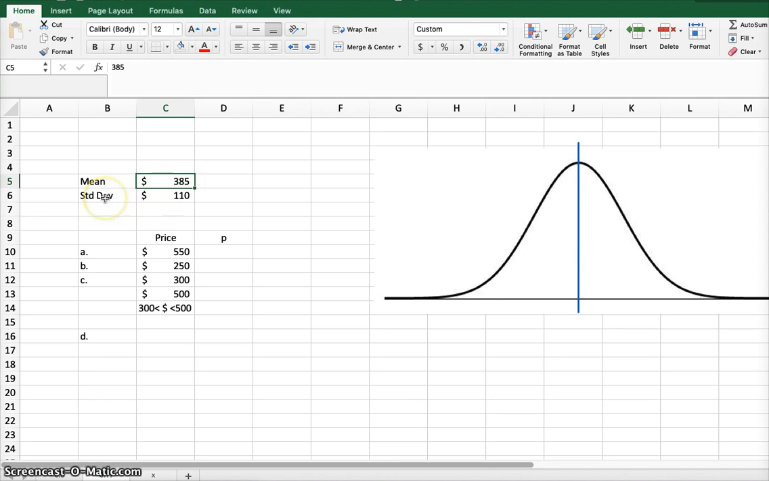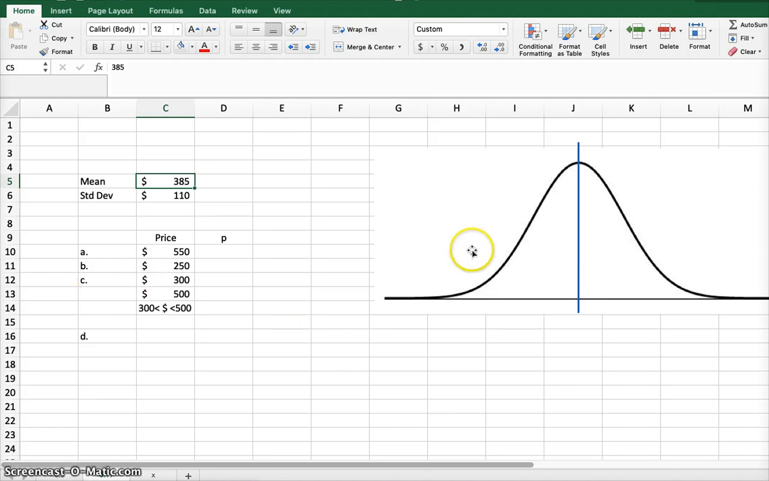$385. And the standard deviation, this is all airfares in the United States, the standard deviation is $110. So one standard deviation is $110 from the mean. So $110 less, $110 more, that'd be one standard deviation. Okay? Then for A here, it wants to know